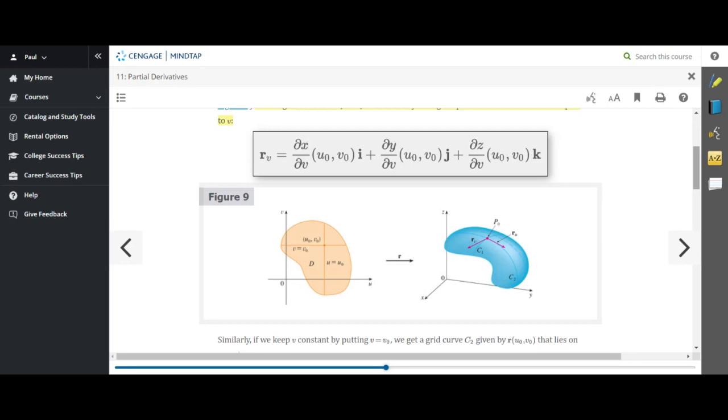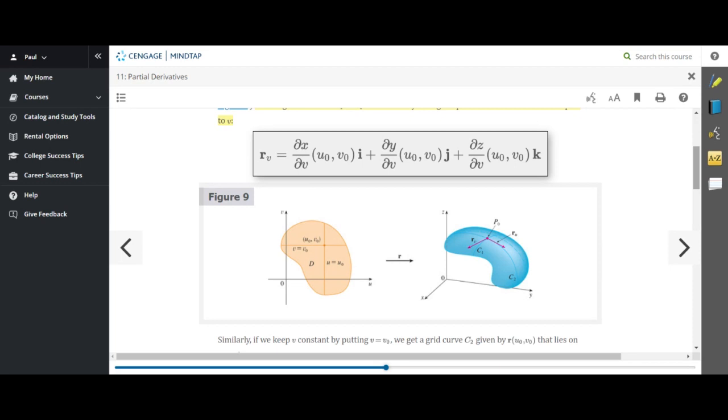I'm double checking that picture, actually. So you have a point on a surface, and you have two space curves to the surface. One space curve corresponds to holding the parameter u constant in Figure 9. The other space curve, that's the C2 space curve. And then the C1 space curve is when you hold the,